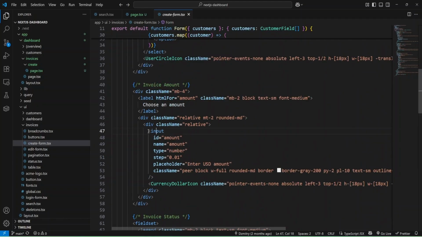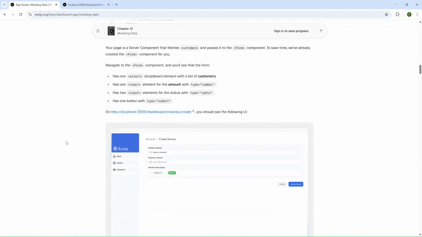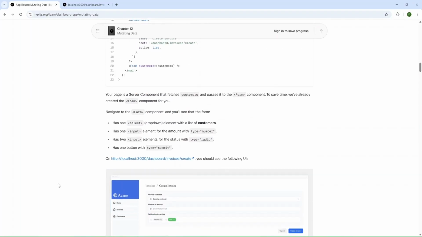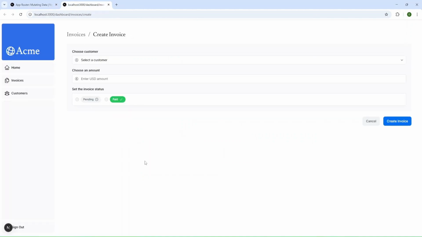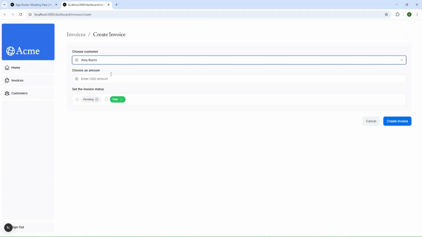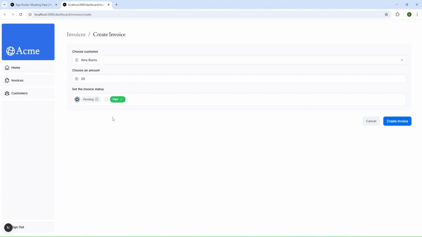Okay, and let's go back, and now let's check. Okay, and we can go to our route and check what we have inside create. And as you can see, we have form to choose customer. We can choose some customer, provide some amount, and also provide status. And I believe create invoice will not work for now.